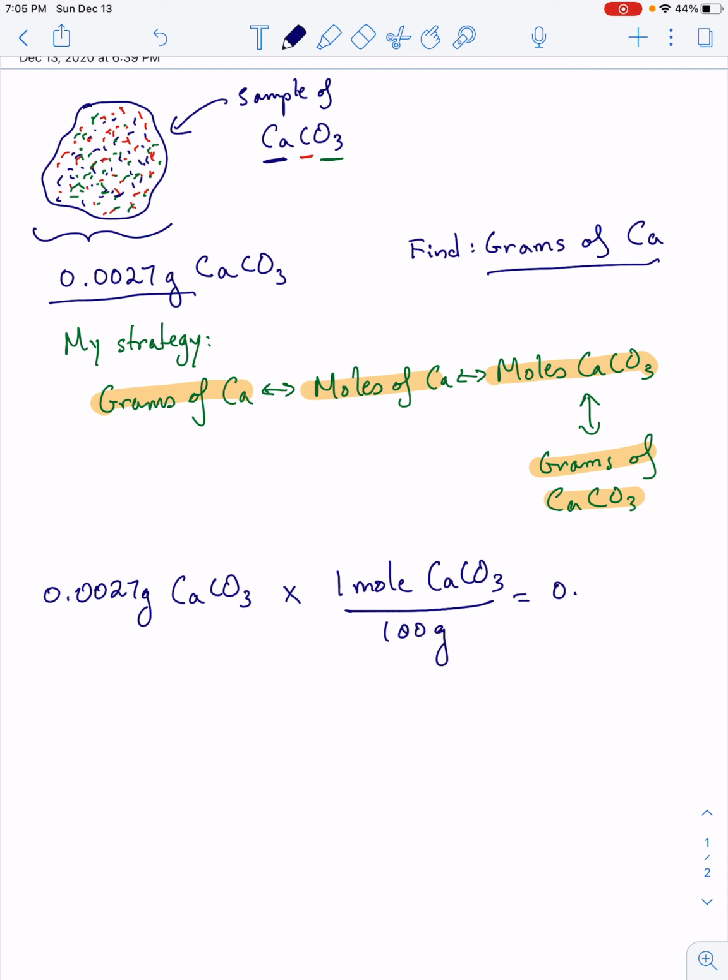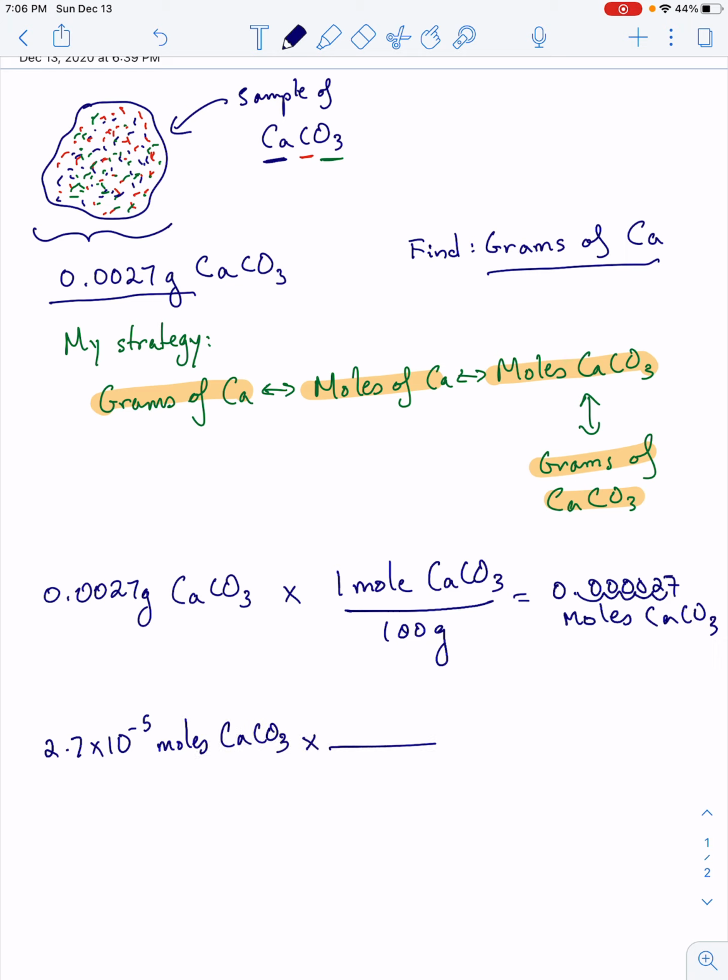So that's going to be 0.00027, oh, not grams, moles. That number comes down. Just for the sake of scientific notation, this becomes 2.7 times 10 to the negative 5 moles of